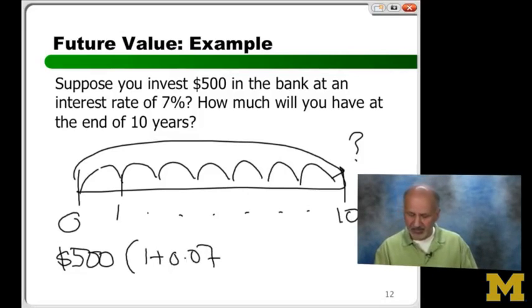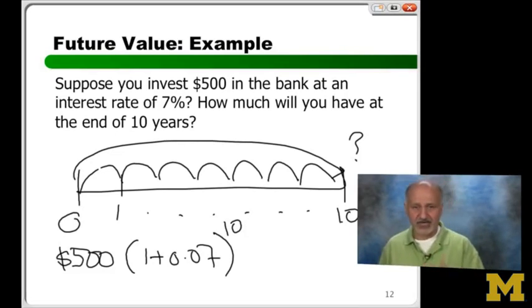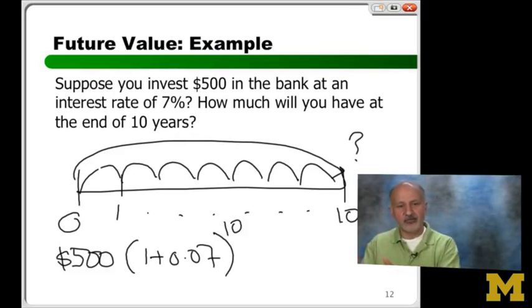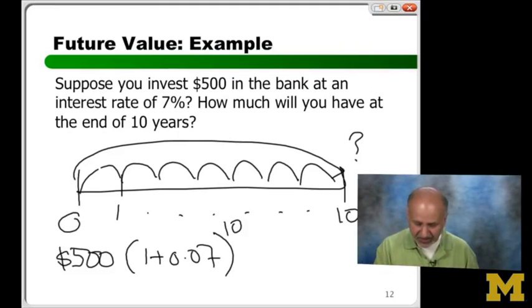And what do I want to do? How many times is this happening? I know it's happening over 10 years. So here's the problem. I'm raising it to the power of 10. And remember, every time you go forward, the factor is 1 plus r. So after this 1 year, it would be times 1.07, 1.07 squared, and so on. This thing,